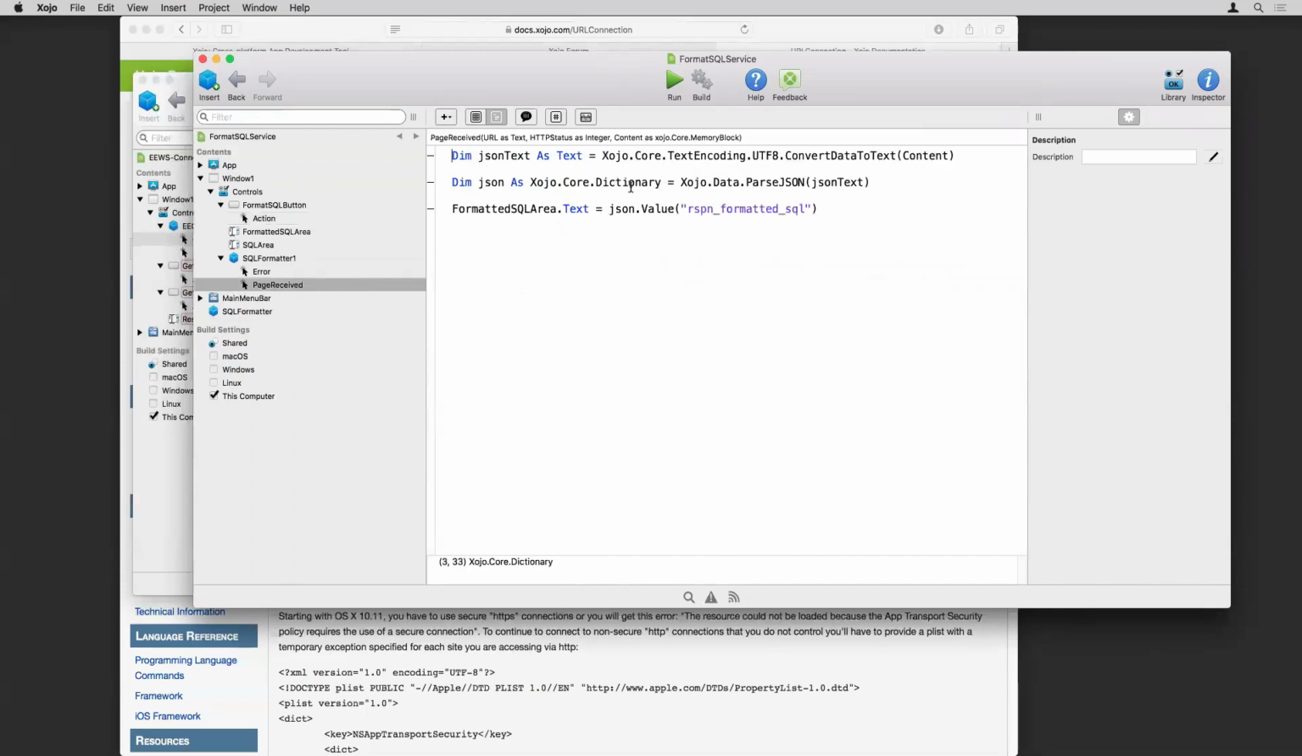And then when that request is received in an HTTP socket, it calls the page received event. The data is converted from binary back to text, and then a JSON, and then we grab the section of the JSON we want that has the formatted SQL. Now, if I run this, it's not really going to work